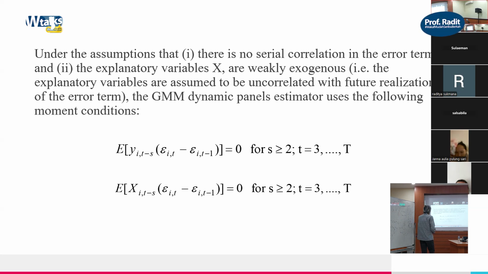And the assumption that we make is that, again, the error term is not autocorrelated, and the explanatory variables are weakly exogenous. And that's what we have assumed before. That's why we start with the error term, there exist no autocorrelations, and the variable x are weakly exogenous. So that is first difference GMM. Now,